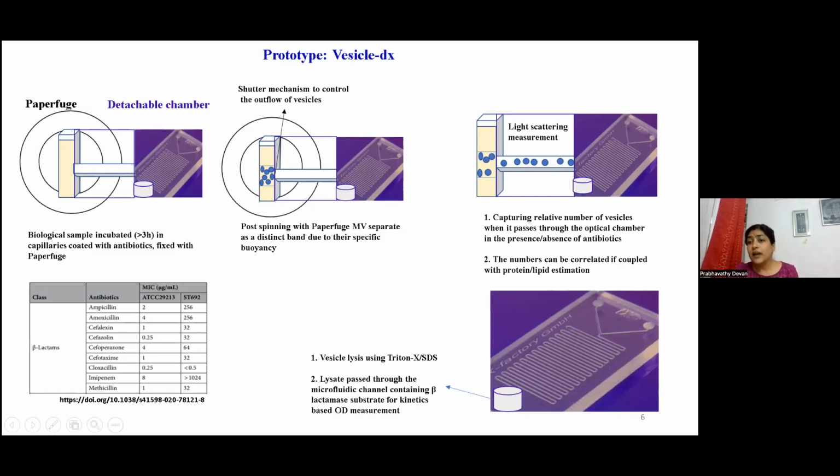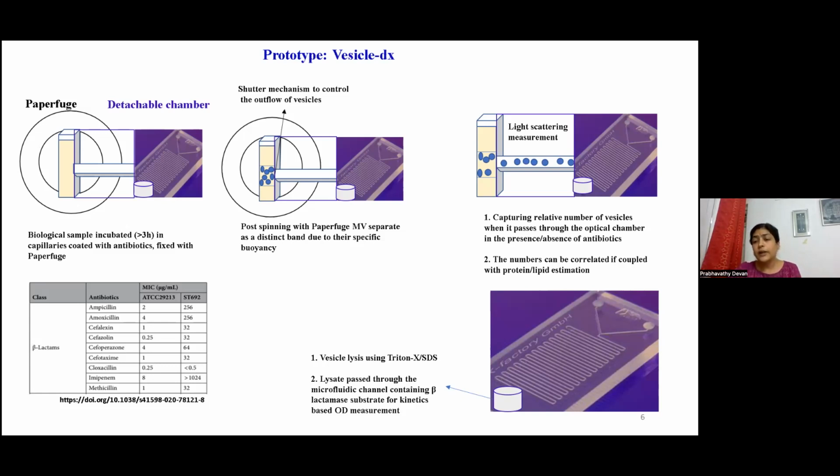And then after measuring the relative numbers, we are able to pool them and collect them in a place where you have your lysis buffer. Basically, Triton or SDS-based buffers are more than enough to lyse these vesicles. And of course, I wanted to mention that when we say membrane vesicles, mostly it's made of proteins, okay? Made of lipids. In the case of gram-positive bacteria, it is more towards proteolipids. So protein content is more because of the peptidoglycans that are rich in gram-positive. Okay, so accordingly, we'll be able to standardize all this.